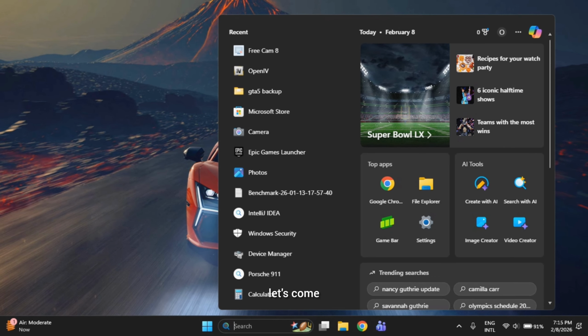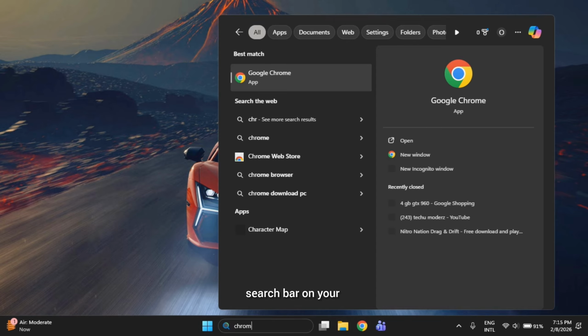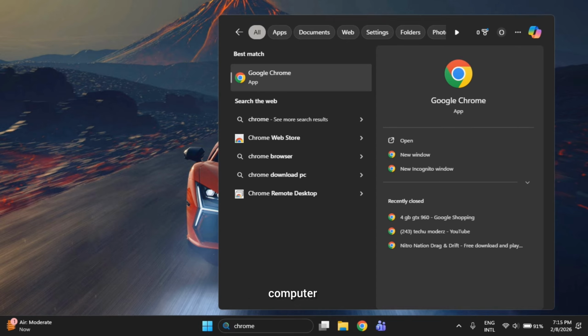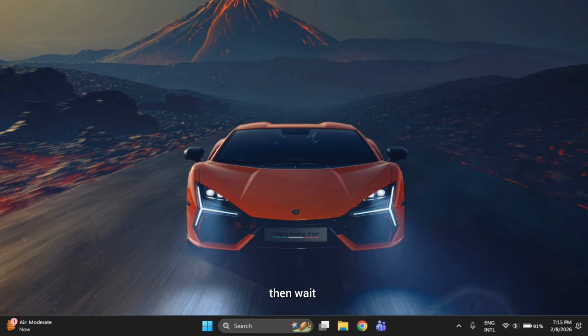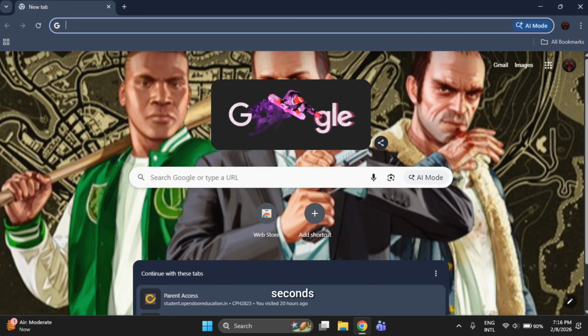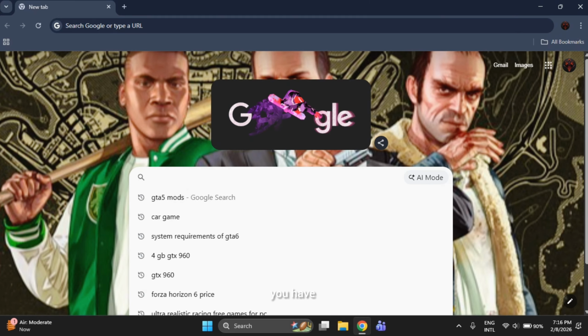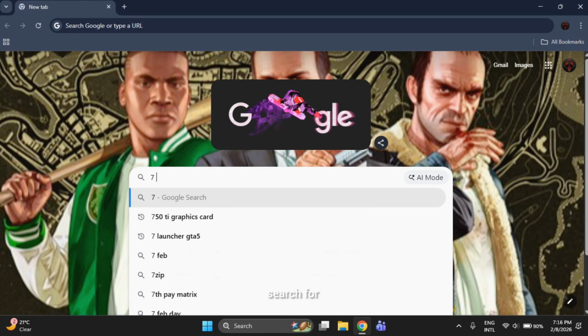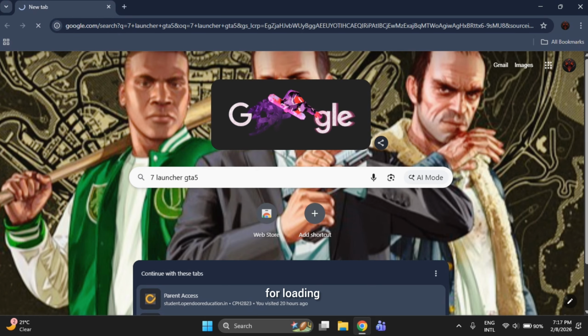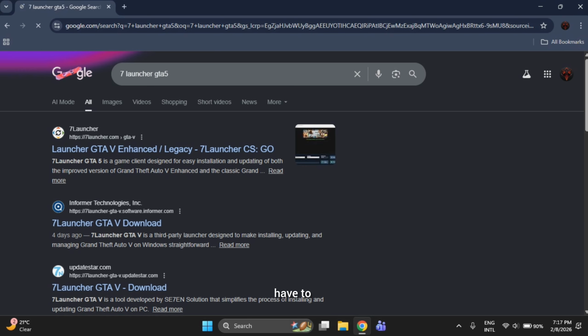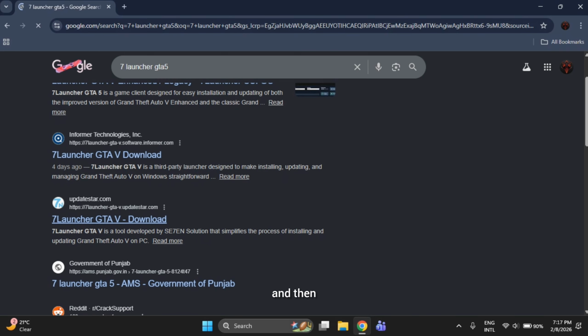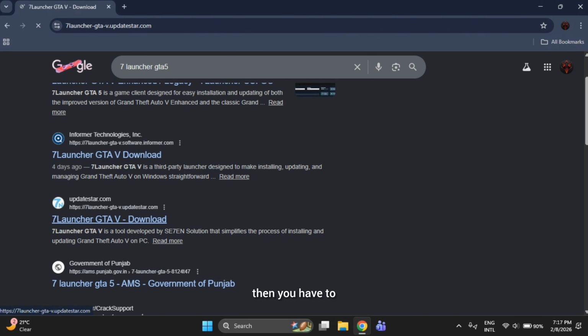Okay, so let's come here to the search bar on your computer. Then search for Google Chrome, then wait for a second, and then you have to search for 7 Launcher, Grand Theft Auto 5. Okay, then wait for loading, then you have to scroll down, and then you have to click on the third link, then you have to